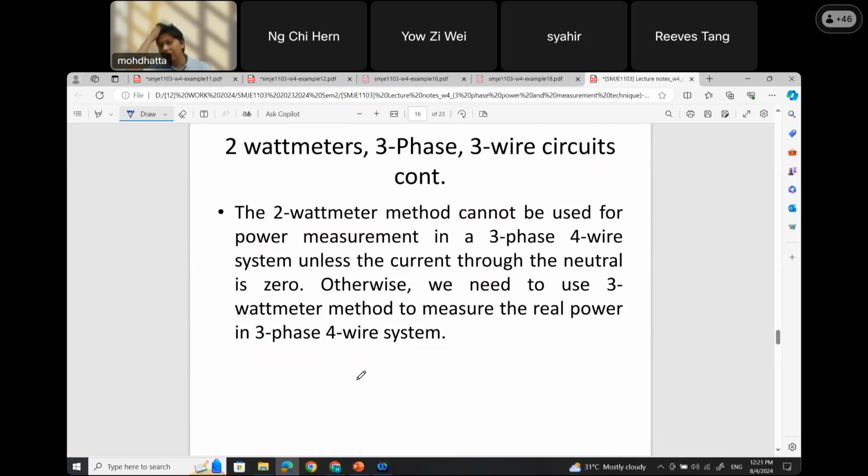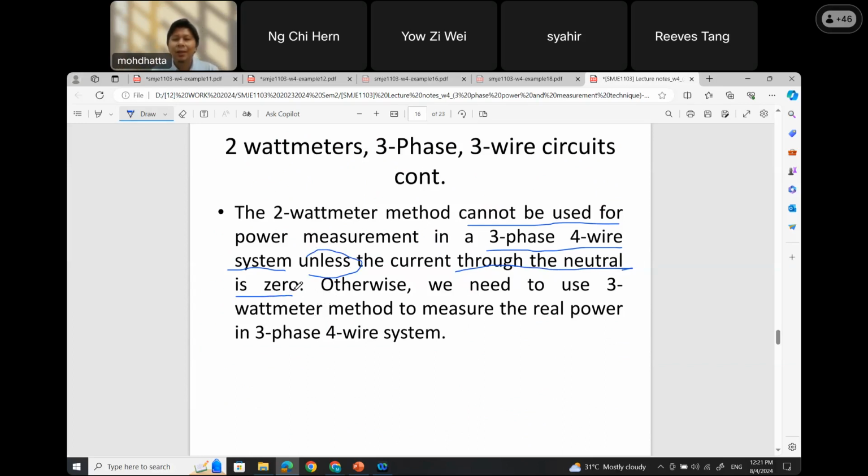One of the disadvantages of this 2-wattmeter method is that it cannot be used to measure a 3-phase 4-wire system, unless the current through the neutral is 0, meaning that it's a balanced system. If it is a balanced system, then the 2-wattmeter method is a good way,